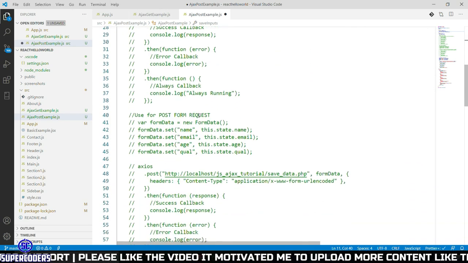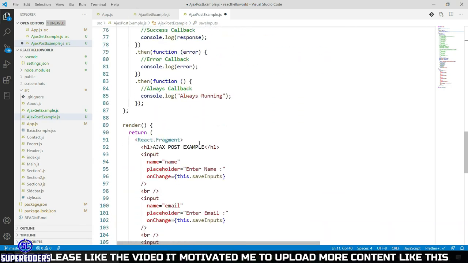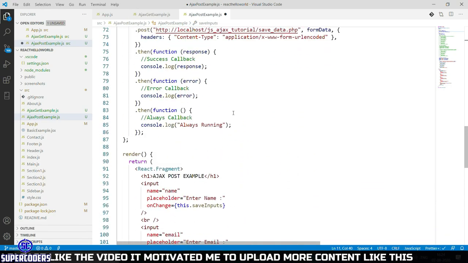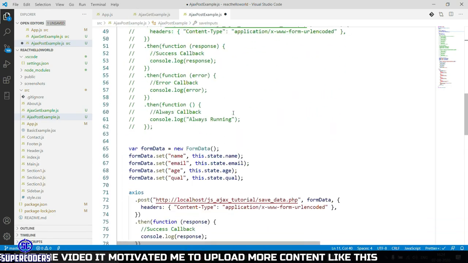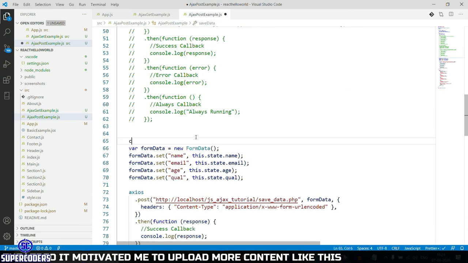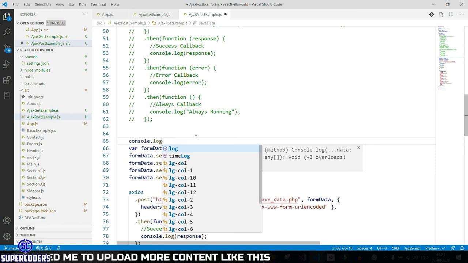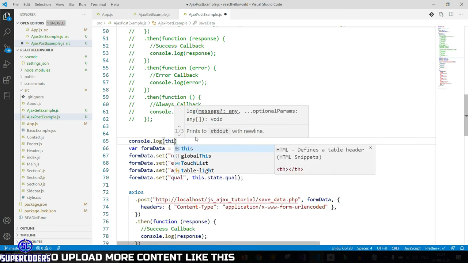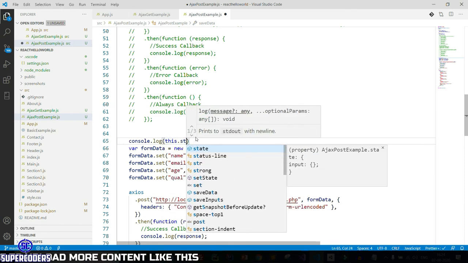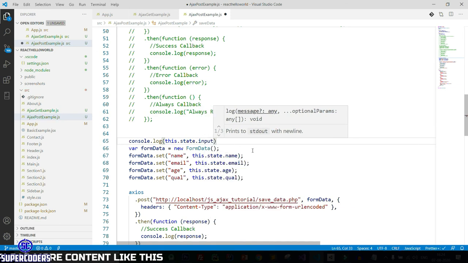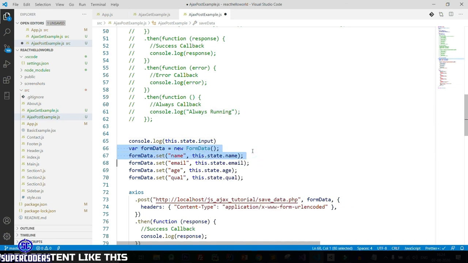Let's see if I print this value again. Here console.log this.state.input, and here instead of creating this, use a for loop.